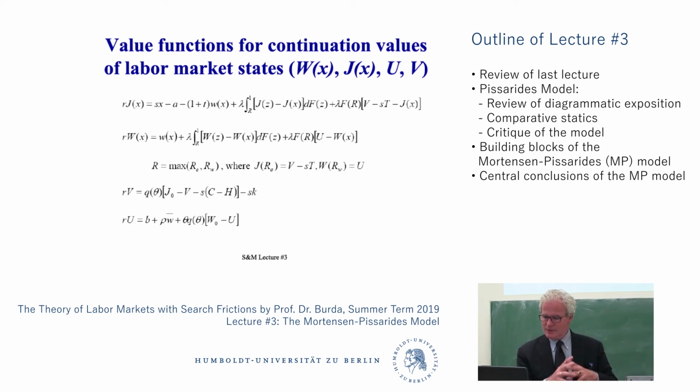That's the first part of the equation. The second part is the probability that a shock occurs that leads to another value of X that is still in the acceptable region between R and 1. So we're going to integrate. We know the density, so we integrate over these possible values of W, always conditioned on the value that this productivity can take. We use the dummy variable of integration Z. So we integrate over W of Z minus W of X. That's the change.